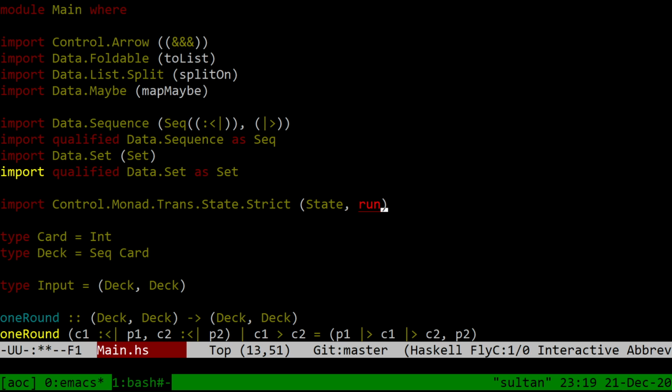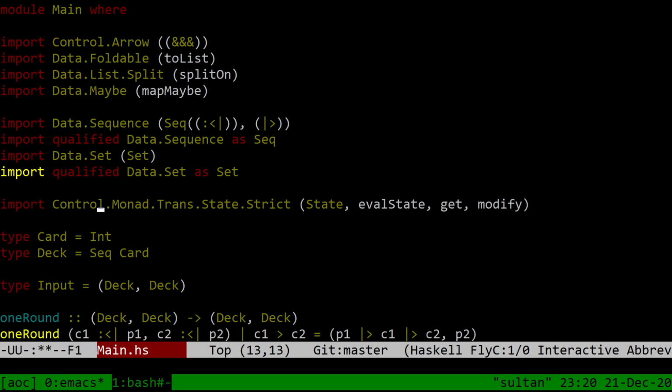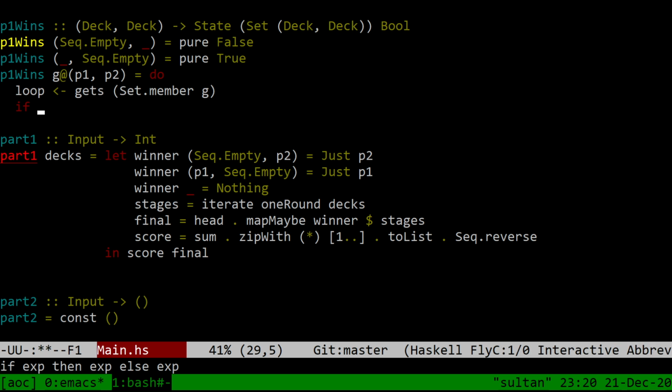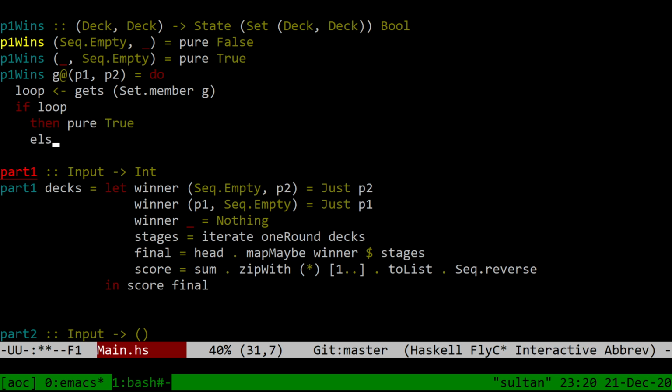Do I need runState? No, I just need evalState, right? Get, modify, I guess, are the things I need. Actually, I don't think I need get if I have gets. Loop, let's say, is gets S.member g, not s but set. If loop, then pure True, with a loop so player 1 wins, else do